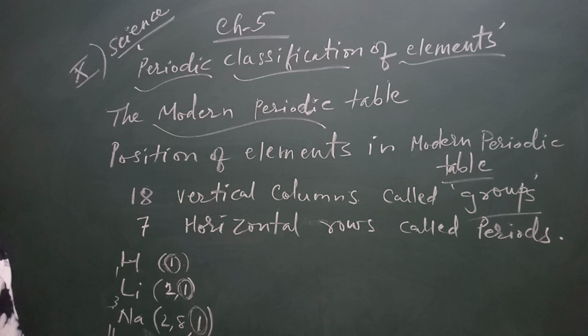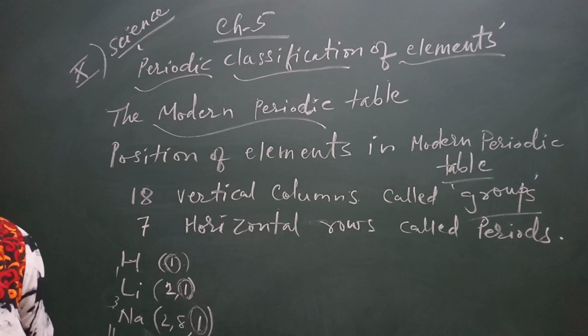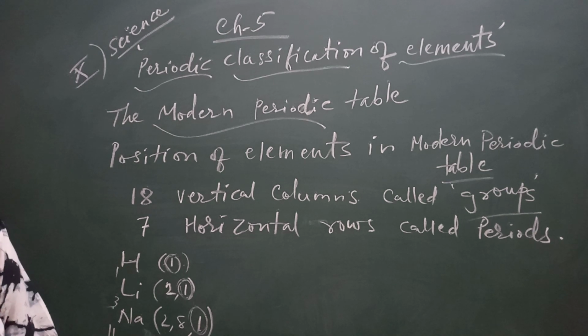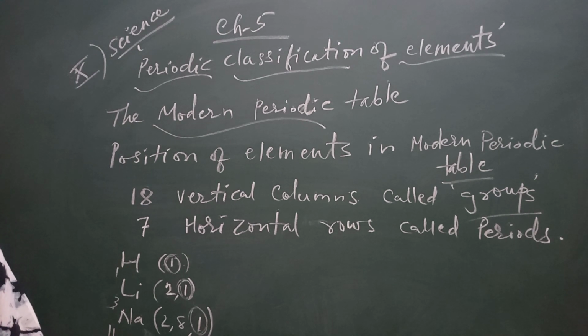Now this is today's homework for you. Make the electronic configuration of the second period: lithium, beryllium, boron, carbon, nitrogen, oxygen, fluorine and neon. Tomorrow